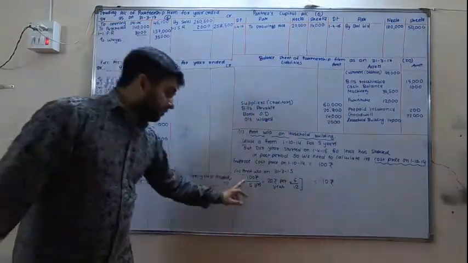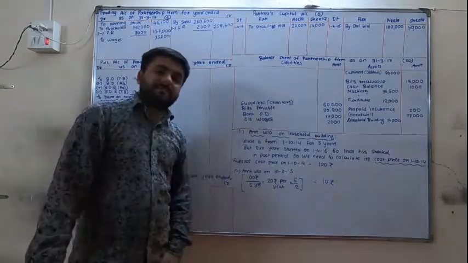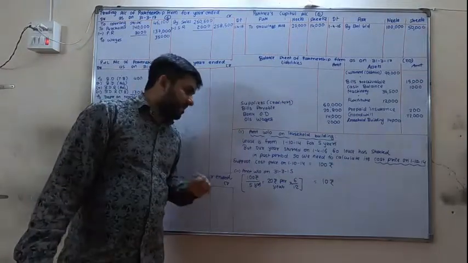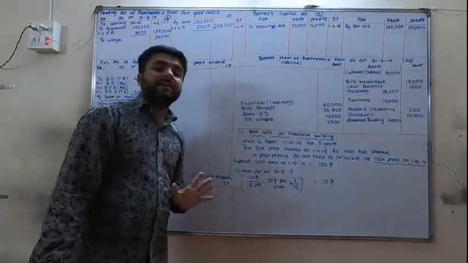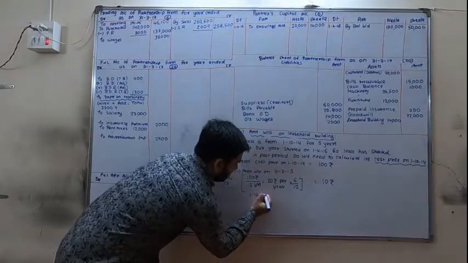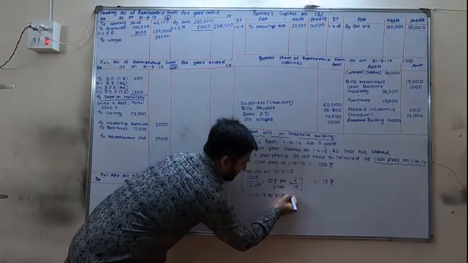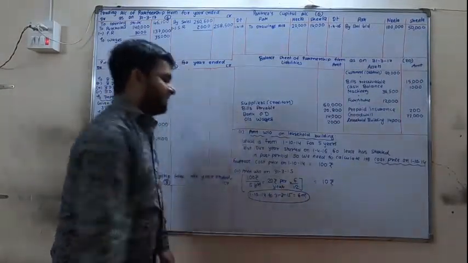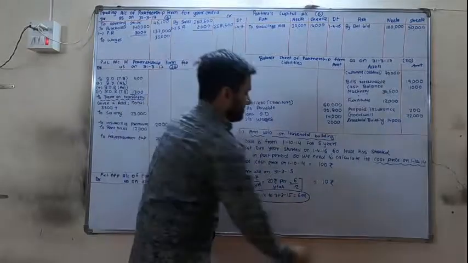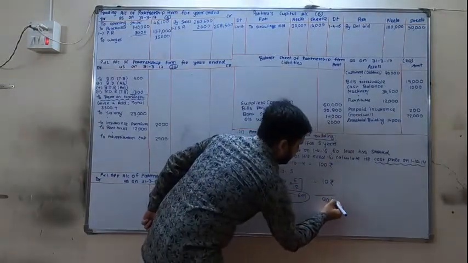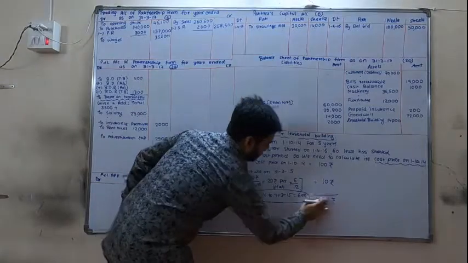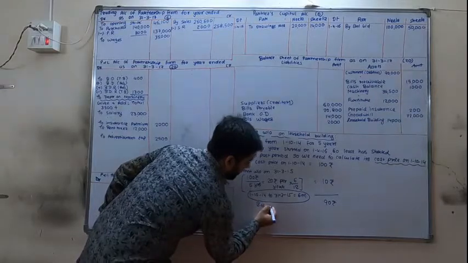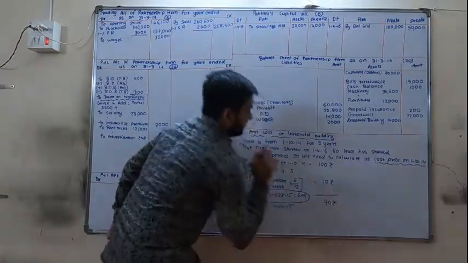How? If the total cost price is 100 rupees, and it is for 5 years, then 20 rupees is the per year written off amount. But here we are having the space of only 6 months. Why 6 months? 1/10/14 to 31/3/15 is equal to 6 months. So into 6 by 12, this is 10 rupees. After that, if we subtract, then the balance on 1/4/15 is 90 rupees.